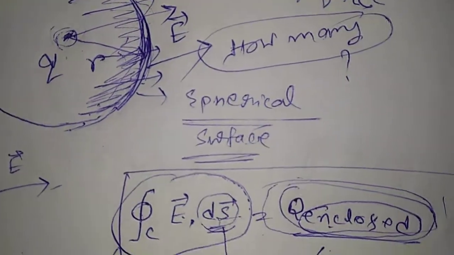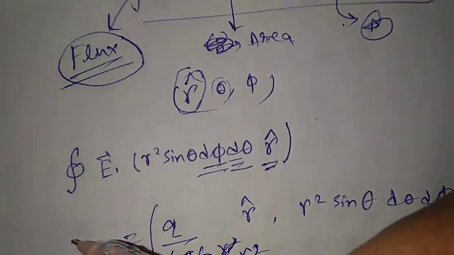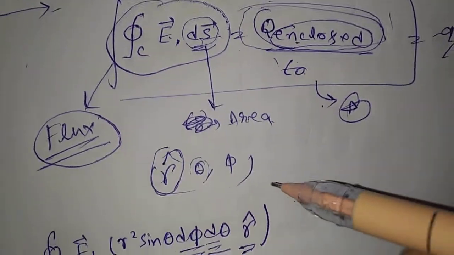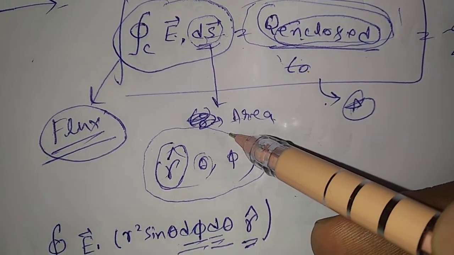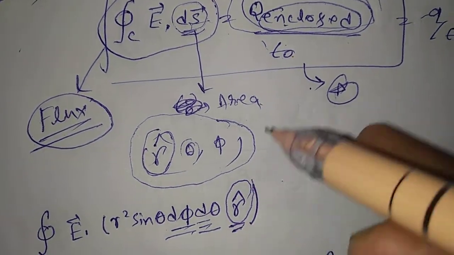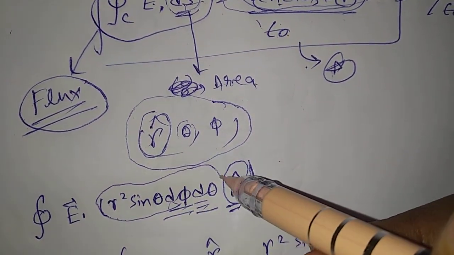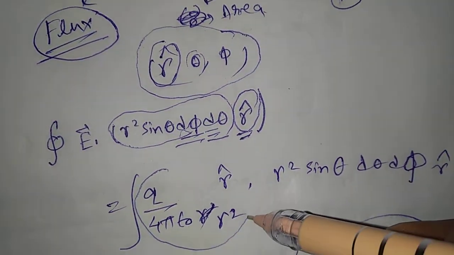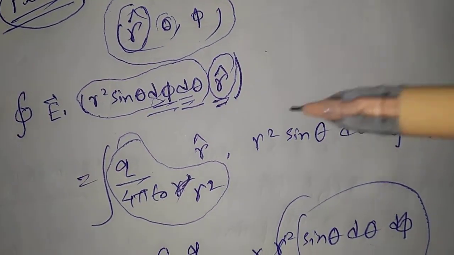So how do we prove the relation E dot ds equals q enclosed by epsilon naught? We know the electric field vector, and what will be the area element here? It is a spherical surface, so we will consider spherical polar coordinates r, theta, phi. Taking r hat as the unit vector, the area element will be r square sine theta d theta d phi. And for a point charge, what is the electric field? The electric field is q by 4 pi epsilon naught r square in the r hat direction,